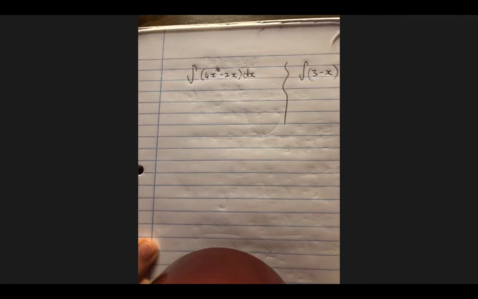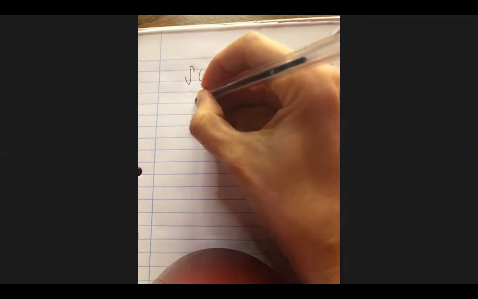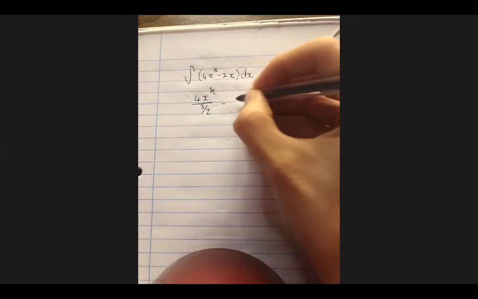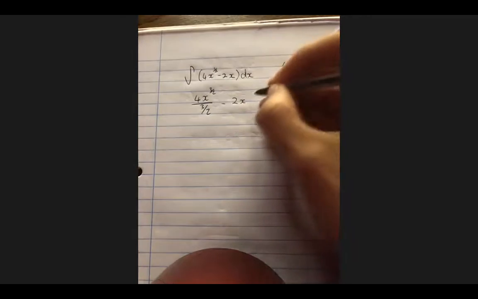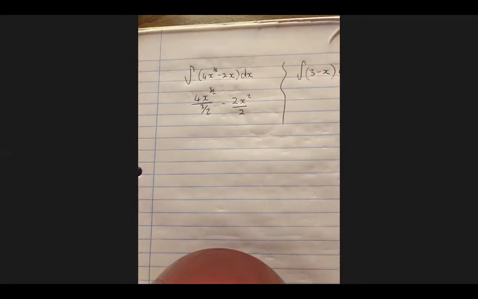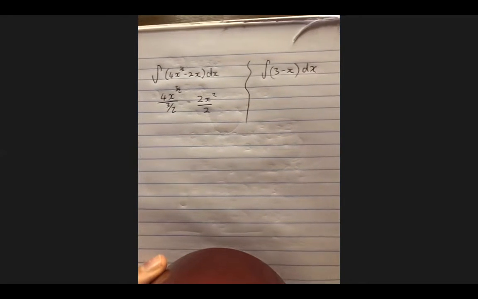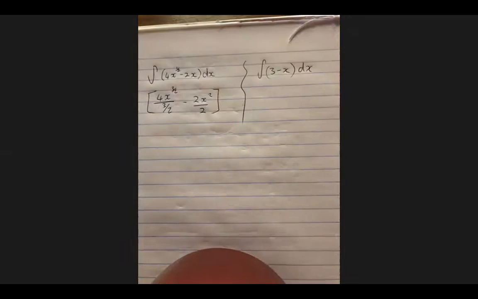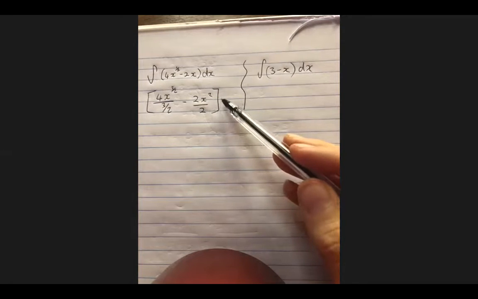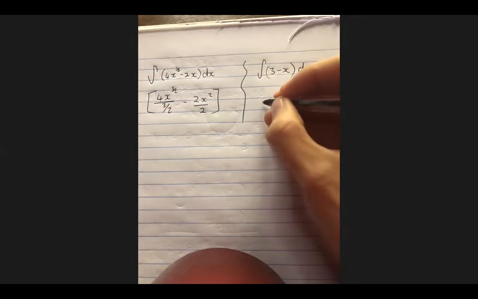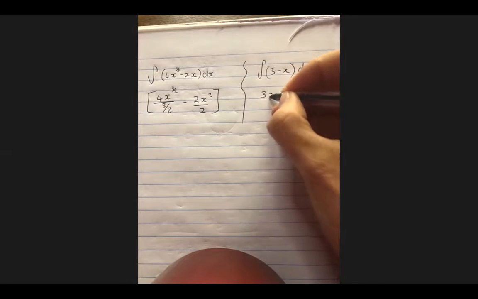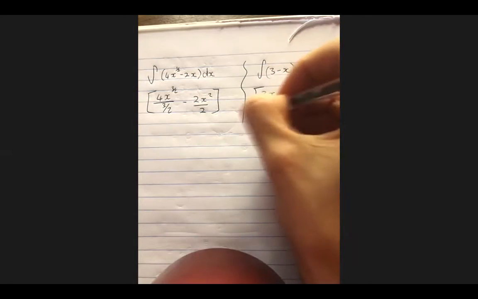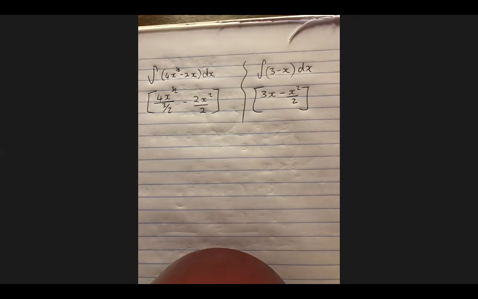Okay, just to remind you how to integrate, when we integrate this, you add 1 to your exponent and then divide. And then you add 1 to your exponent and then divide. We will chat about the boundaries just now. I just want to quickly integrate both of them. Same with this one, and then you can put your brackets, which shows that you have integrated. You don't have to put a plus C because we are going to talk about boundaries just now. So for the next one, you will say 3x minus x squared over 2. So now that we've integrated correctly, let's apply our boundaries. The problem is we'll have to just quickly